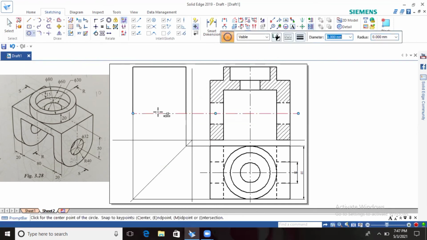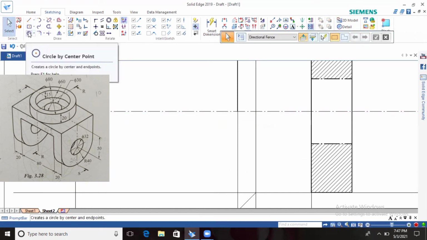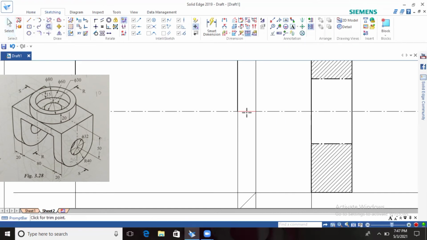From the center of this line you have to draw the circle, as the 32 diameter hole is visible from the side view. That's why you have to draw it from the center. This is a full axis line, that's why I am trimming it. Use the trim command and you will get the center point. Use the circle command.